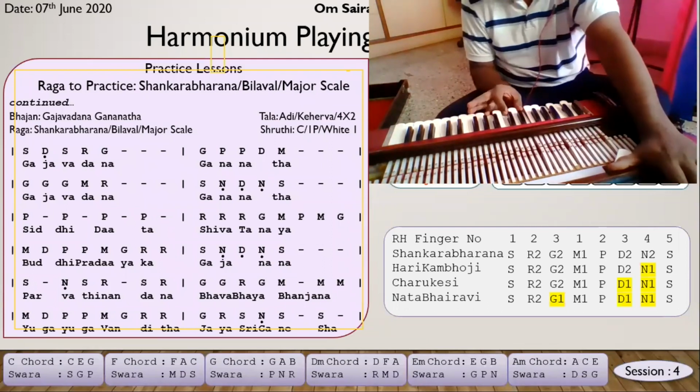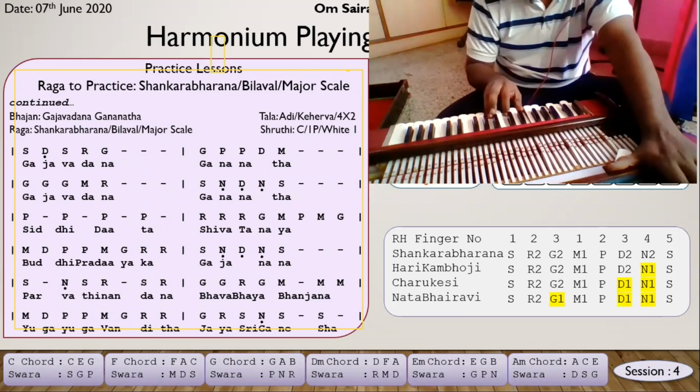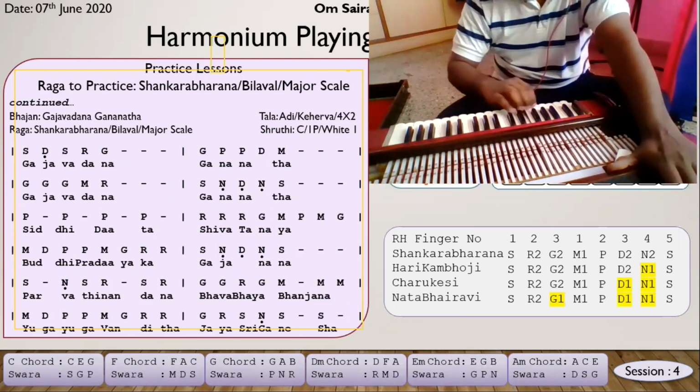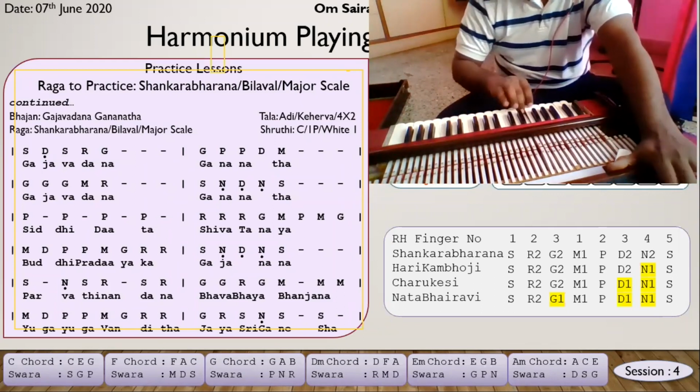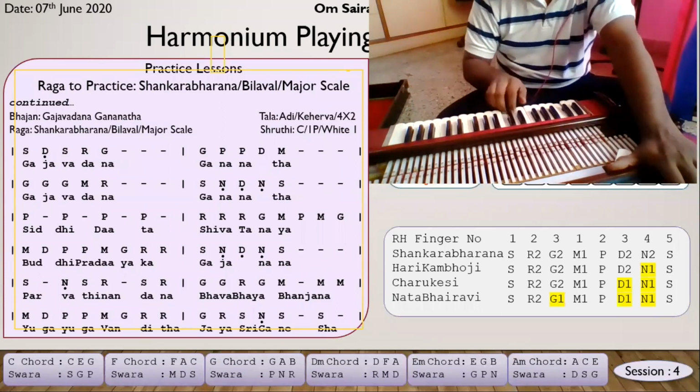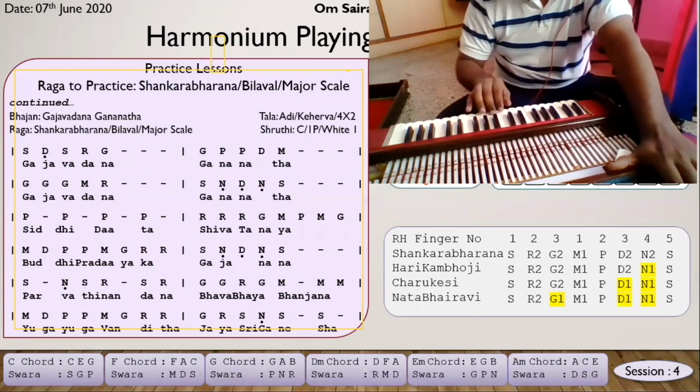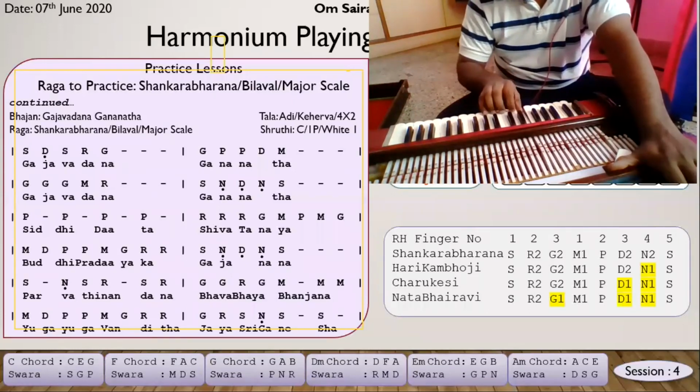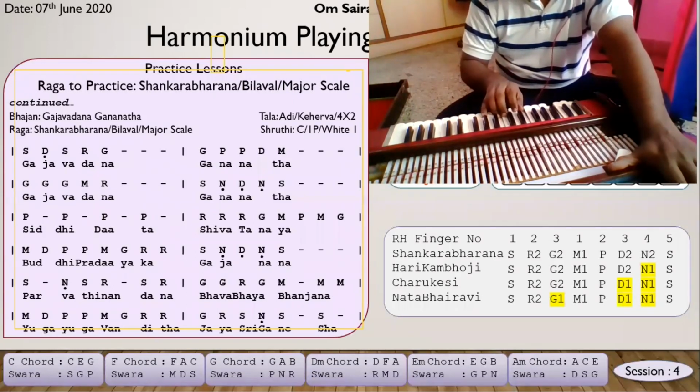So again, sa, I'm using the sagapa chord. Then sa, ni, sa, ni, sa, re. So when I'm playing ma, I can use the F chord. Sa, ni, sa, re, ga, ma, ma.